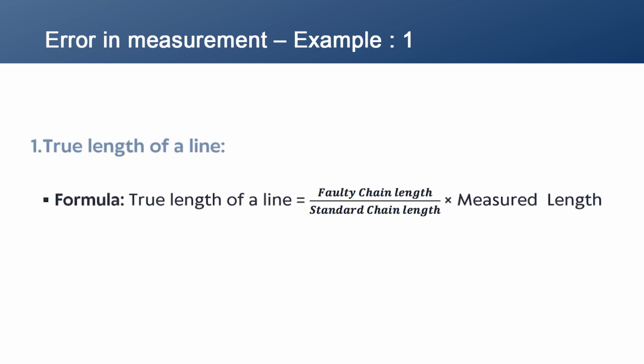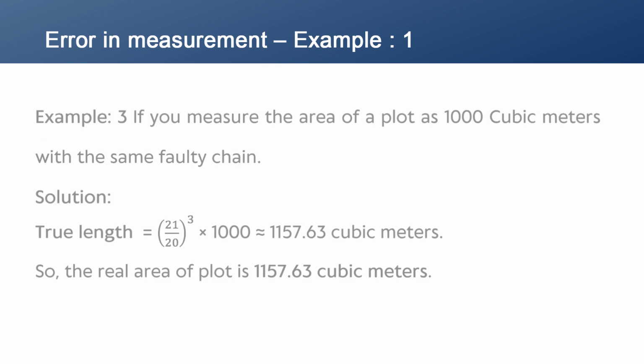Next, the true volume of an excavation. Formula here is faulty chain length divided by standard chain length, the whole cube multiplied by measured volume. An example for you is, if you measure the volume of an excavation as 1000 cubic meter with the same faulty chain, the total volume will be 21 by 20 the whole cube multiplied by 1000, which comes to